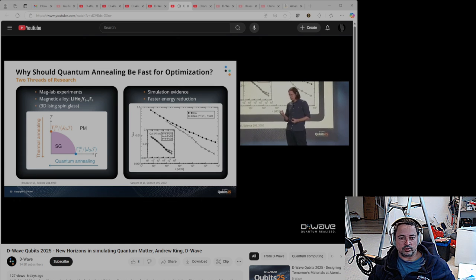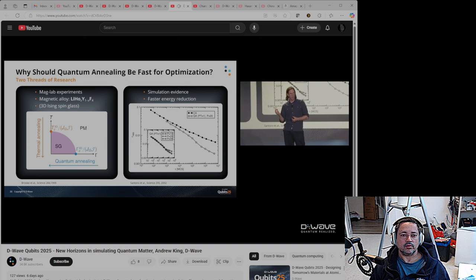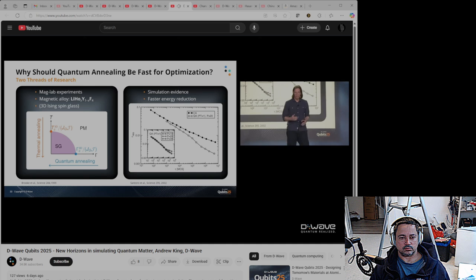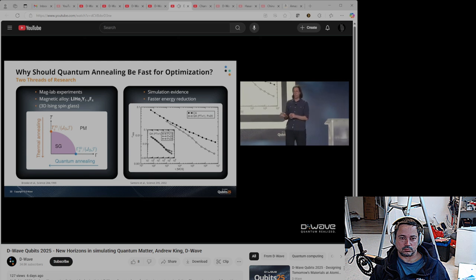In these experiments, researchers would take literally a chunk of a disordered alloy, which is effectively an Ising-type three-dimensional spin glass, and they would put it in the sample holder and subject it to a magnetic field that is transverse to the Ising moment. So this is literally an experimental implementation of quantum annealing. And they found that this quantum annealing method, by attenuating quantum fluctuations, could guide the system towards low energy states faster than they could by thermally annealing the system. So this is exactly what we're going to reproduce 25 years later in a programmable quantum material.